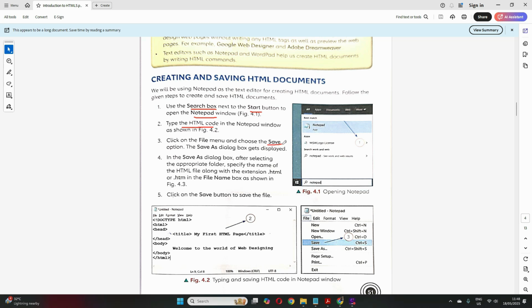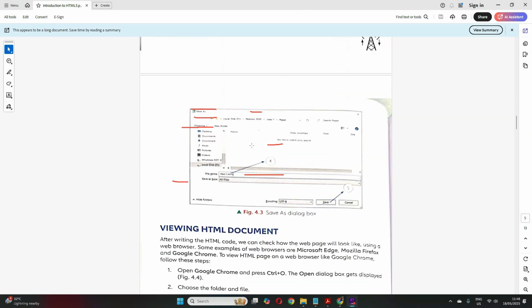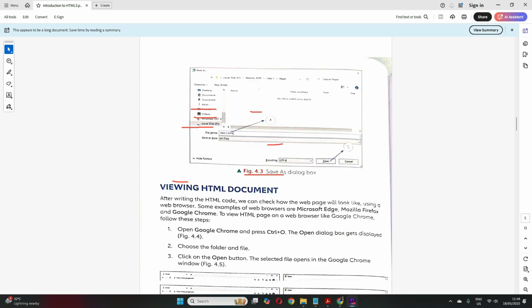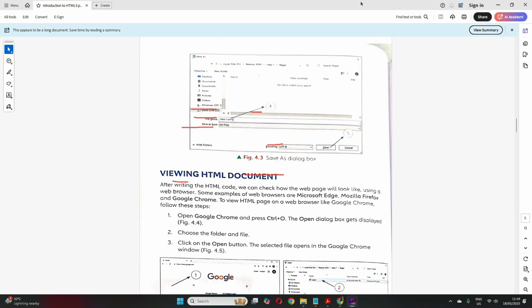When we click on save, we can save it in any path wherever you want, but the extension should be HTML or HTM. Very important. Clear? The extension HTML or HTM, and then click on save. So once you save, it has been saved. Clear? Let me delete all this.